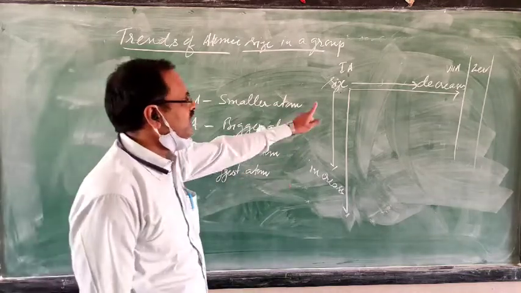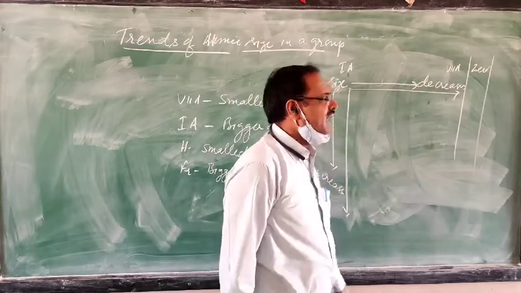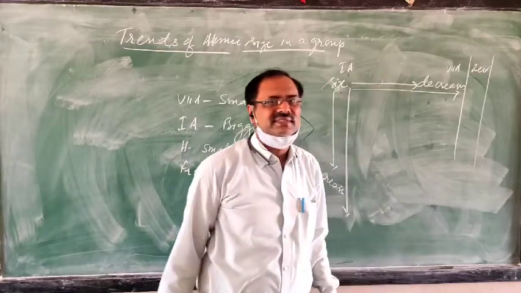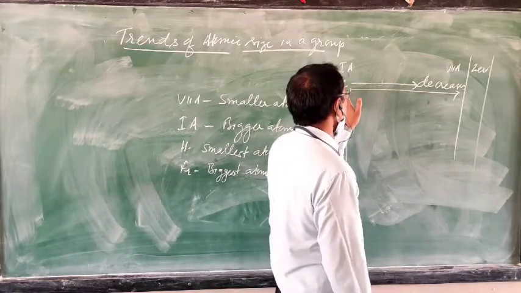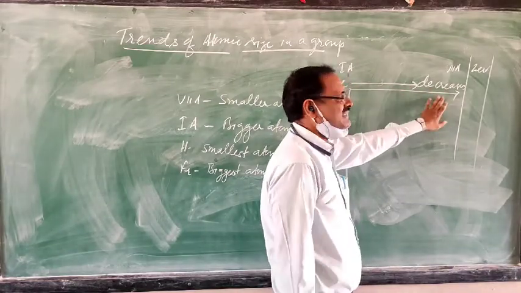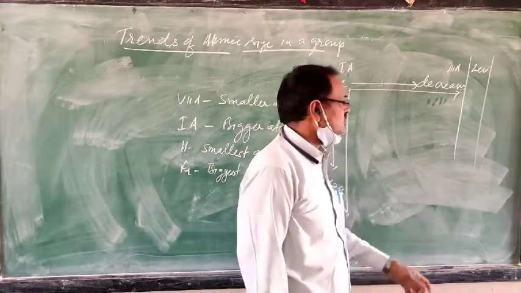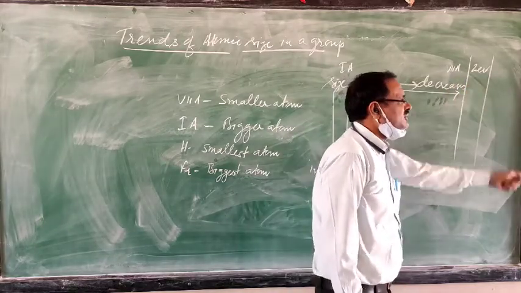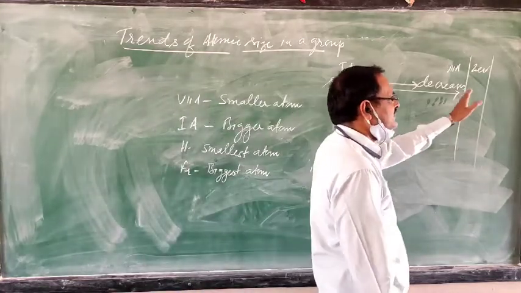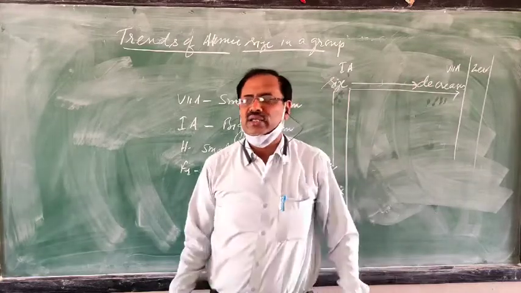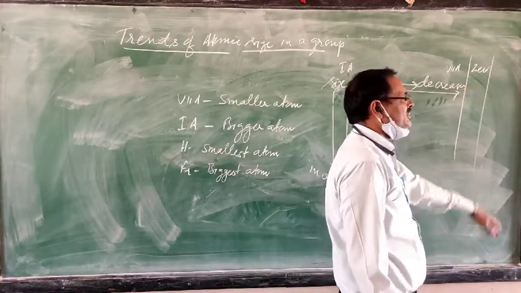And already you have studied when you move in a period from left to right, atomic size decreases up to group 7A, and after that for noble gases atomic size increases. So what is the reason? When we move in a period from left to right, number of shells remains the same, nuclear charge increases. So because of that, atomic size decreases. So why, when we move from halogen to noble gases, is there this increase? The reason is that for noble gases the octet is complete, and due to interelectronic repulsion, the force of attraction from the nucleus to the outer side decreases, so that's why atomic size increases.